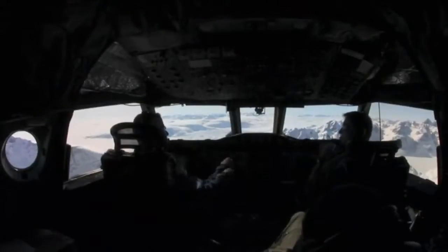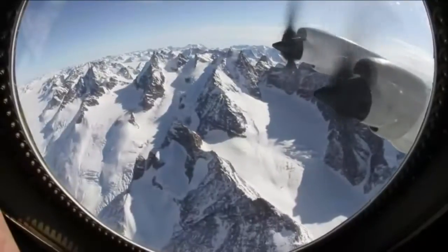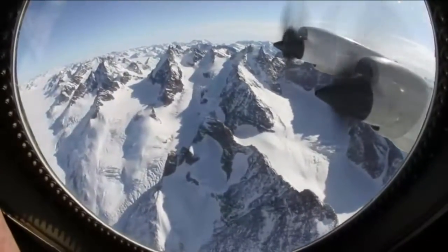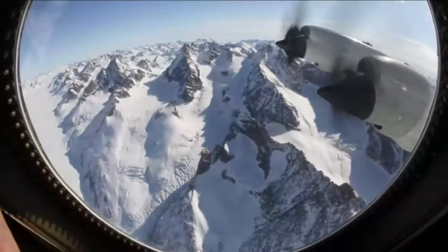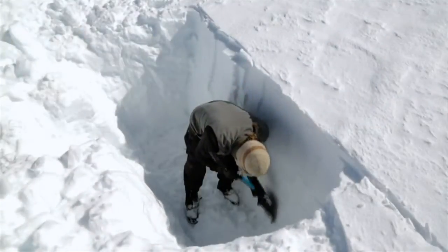In order to get a more accurate estimate of how much snow is needed, they need new tools. Unfortunately, these tools don't exist quite yet, but research is being done so that they soon will. Right now, as we speak, there's a field experiment going on in Colorado called SnowX, and they're going to be